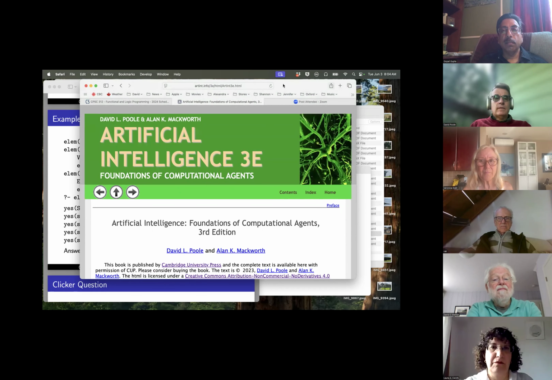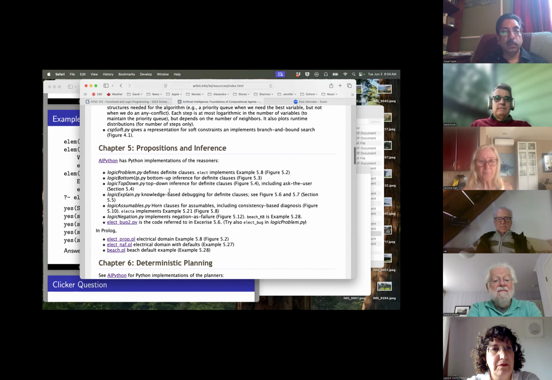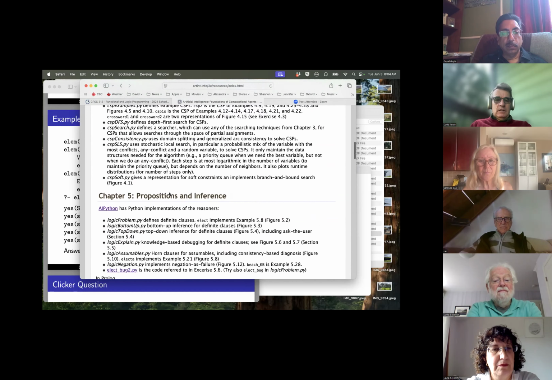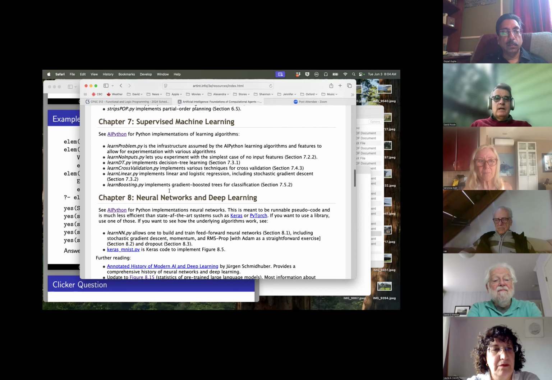So we have a Python implementation of logic programming and unification, and all the pseudocode is actually in Python. And also lots of Prolog code for when we actually get to real logic programming, because my Python is pretty much pseudocode. So all these are supposed to be as close to pseudocode as we can get.